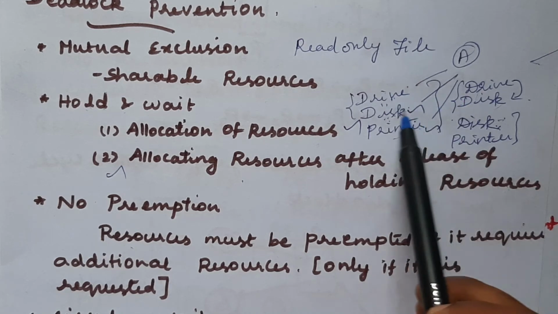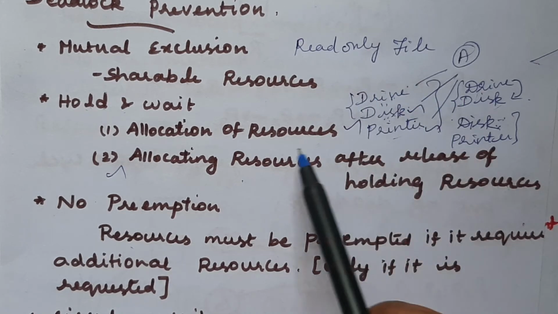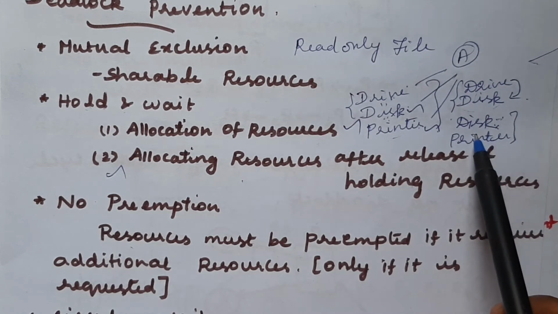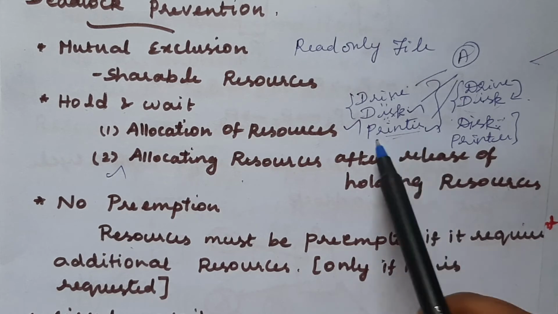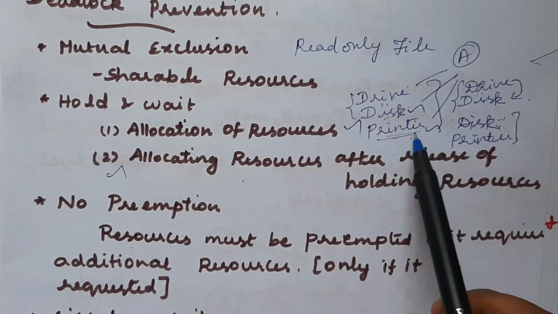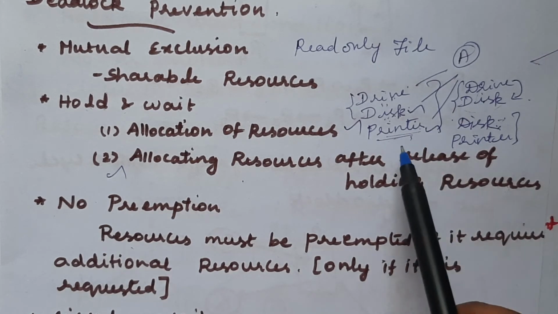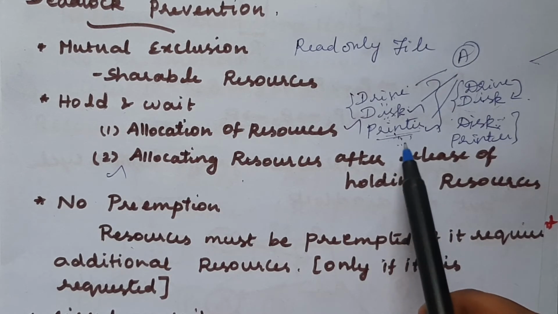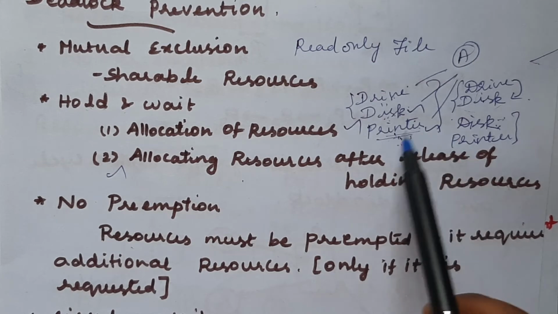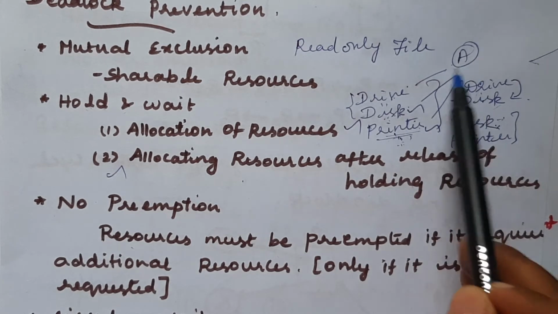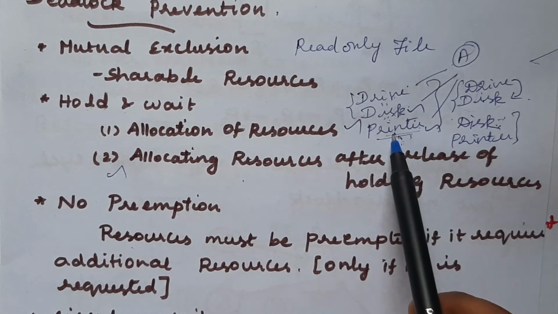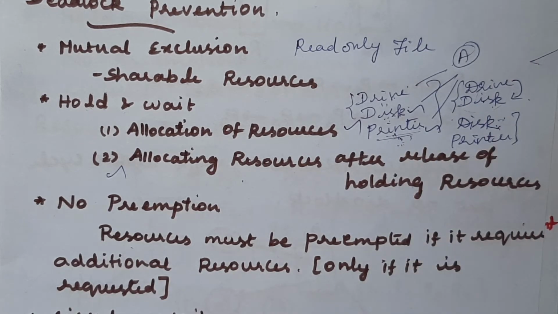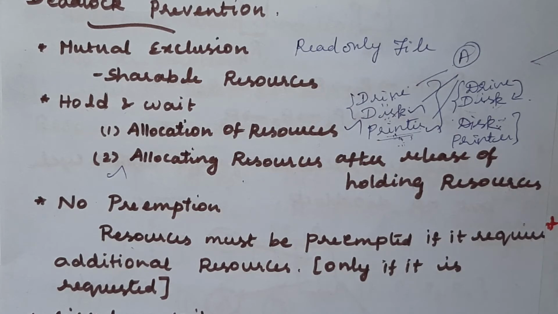Suppose you use only these two, based on the second method, if you use only the first two resources, at that time it may not need this third resource, that is the printer, but at that time it may be allocated to some other process, because it is a popular requirement of all the processes, right? So it may be allocated to some other process, then this particular process will be waiting for a long time for this printer after the release of these two resources. So this may happen. So this may lead again to starvation. This is also another disadvantage.